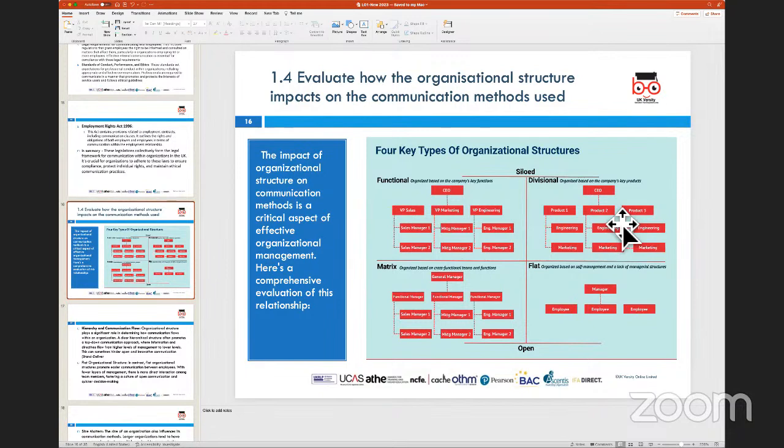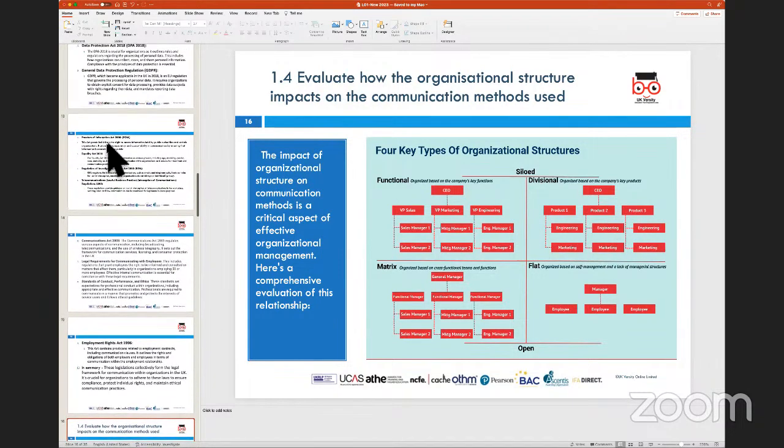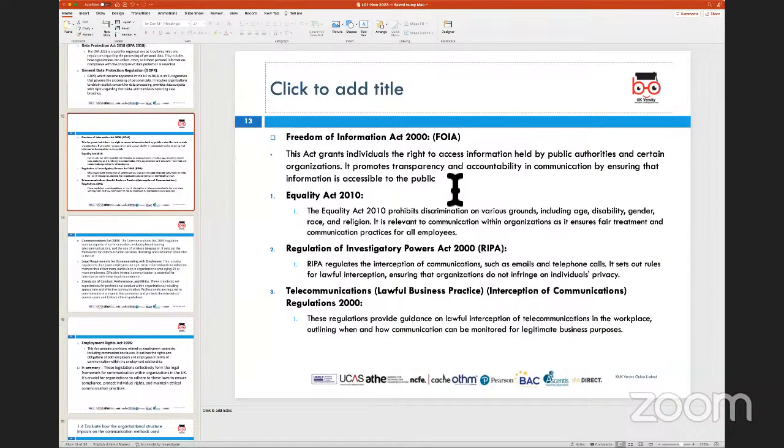Go on. I have a question. I haven't been hearing what you've been saying because of my connection. Mm-hmm. I had a question about the Freedom of Information Act 2000. Yes. I wanted to ask, are the Equality Act, Regulation of Investigatory Powers Act and the rest, are they under